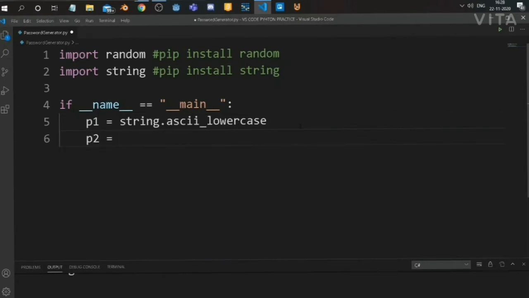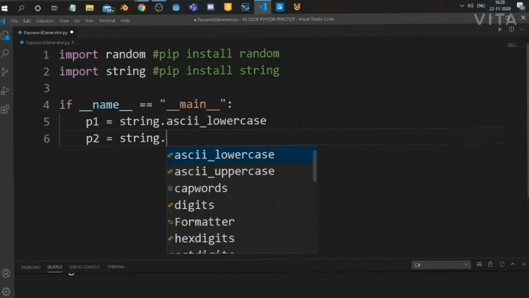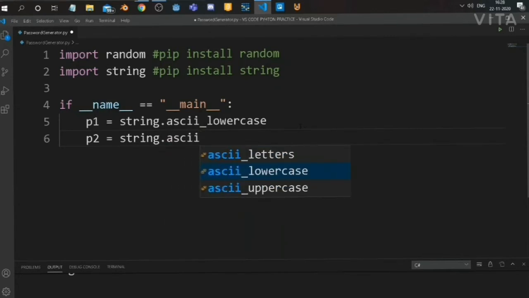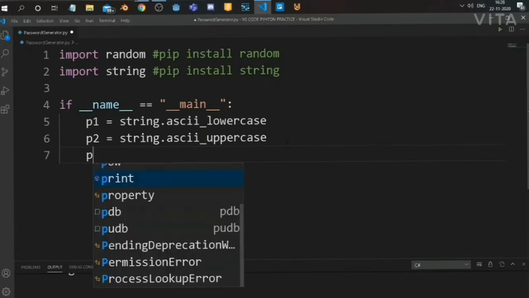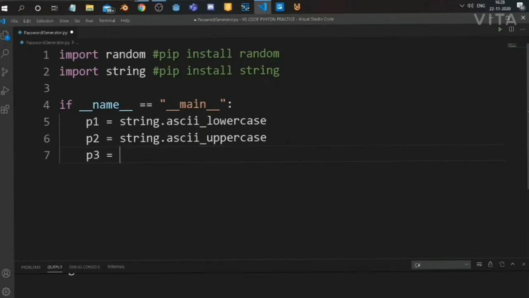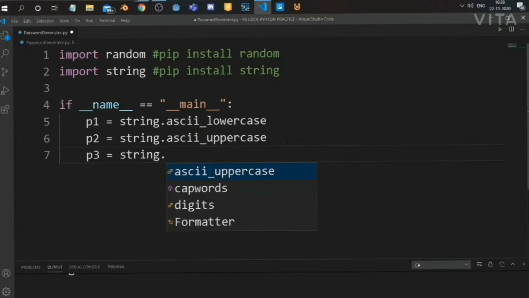Now let's add p2, and it will contain string dot ascii uppercase. As we have written lowercase above, that contains lowercase letters and this will contain uppercase letters. Now let's add p3 equal to string dot digits.